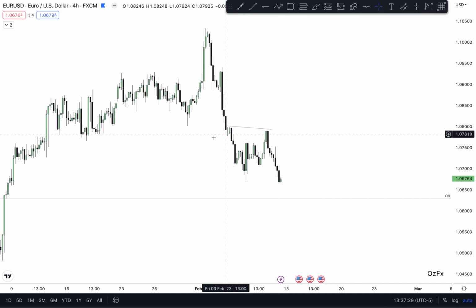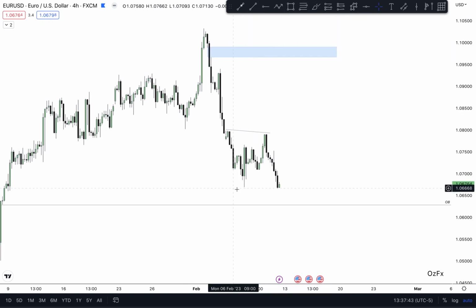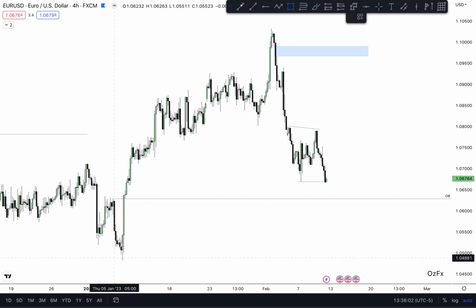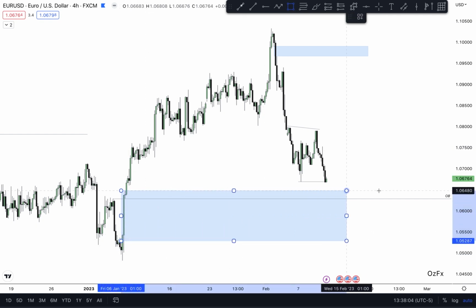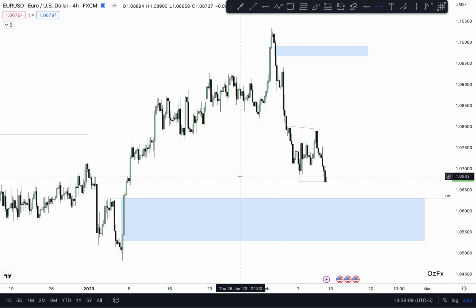This is relative equal highs right here. We got an order block up here, we got imbalances up here that price might be drawn to. We got this right here. Price has just broken through this low right here. It didn't break through it a lot, but it did break through. You can also note the imbalance in here, which is humongous, which will probably get refined as we go down